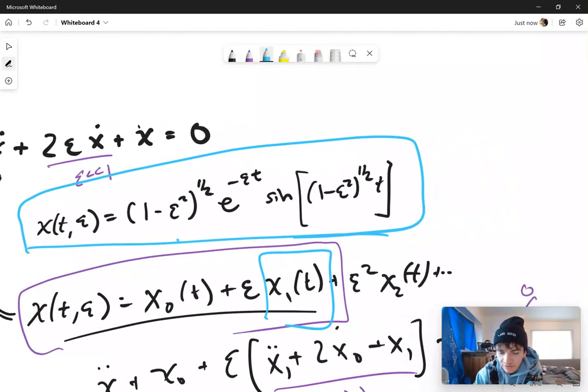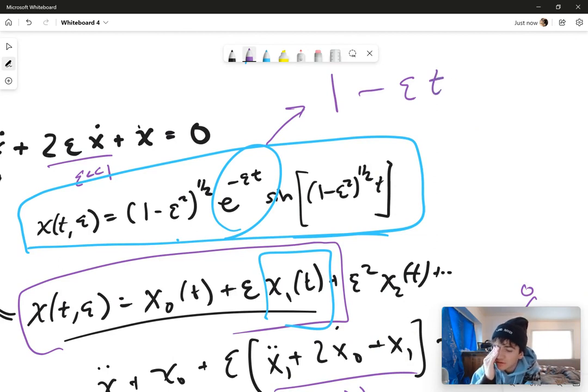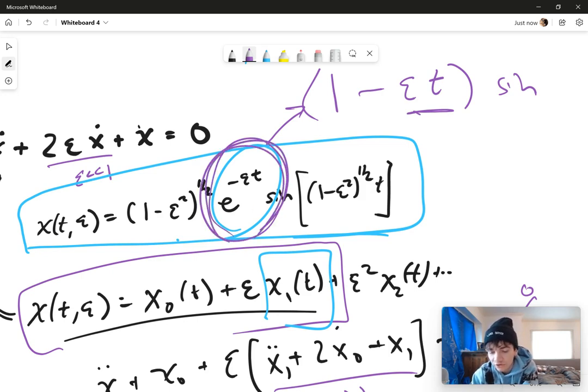And the Taylor series of this solution, because of this e to the negative epsilon t here, the Taylor series expansion is going to have like a 1 minus epsilon t here. You see that? And then this is going to be multiplied by some trigonometric function. And so if I only take the first two terms of the Taylor series, I'm going to get this linear term that's just going to grow, okay? And so I would need to take an infinite number of terms to get it to converge to this exponential decay